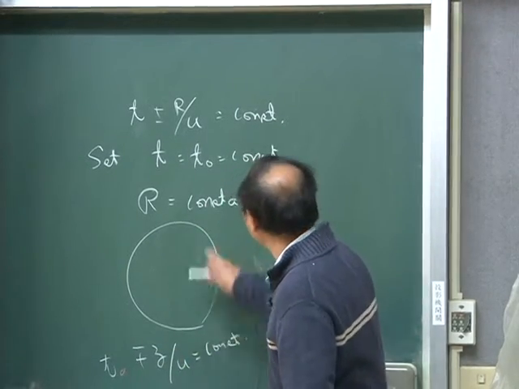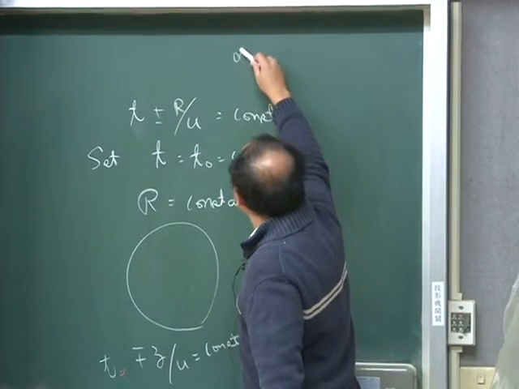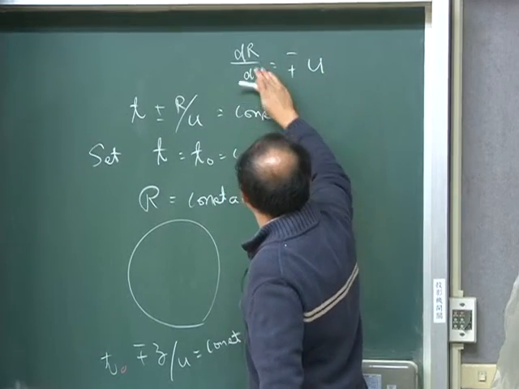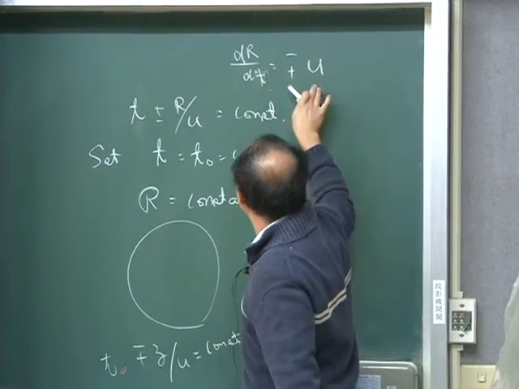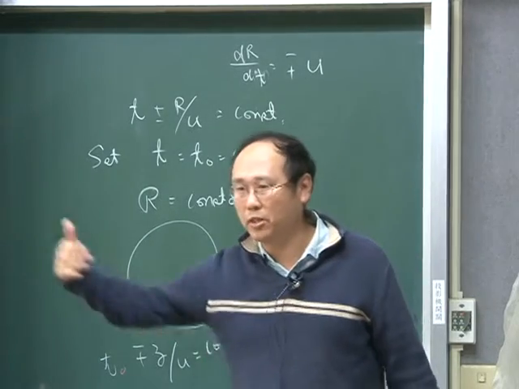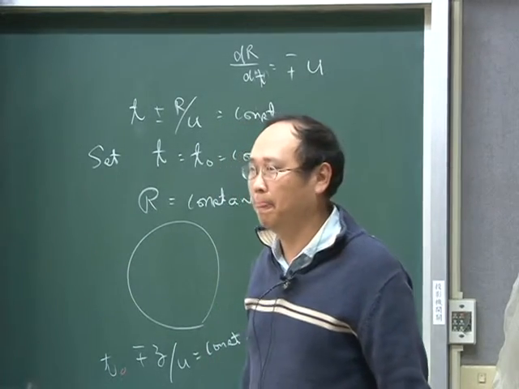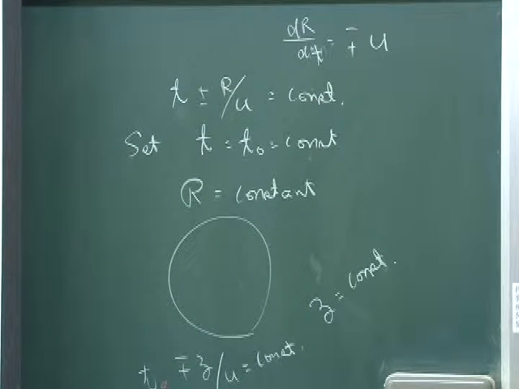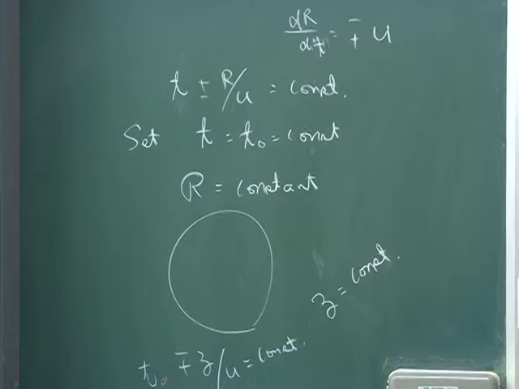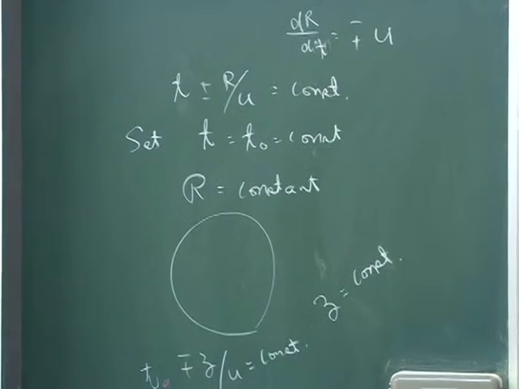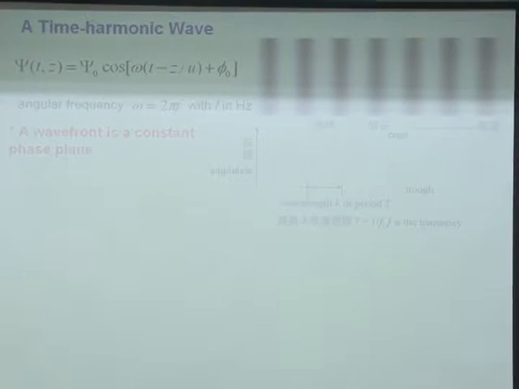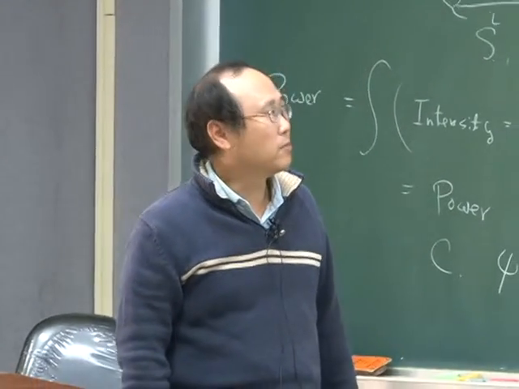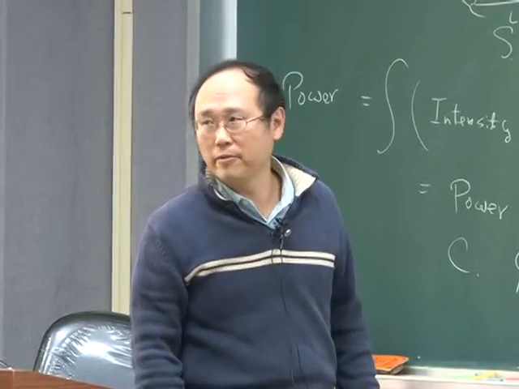So take this as one example. Your dr/dt is going to be minus plus u. This is the definition of your speed, the propagation speed. OK，了解了哈。我们还会继续看这个类似的这种还会有继续类似的讨论。